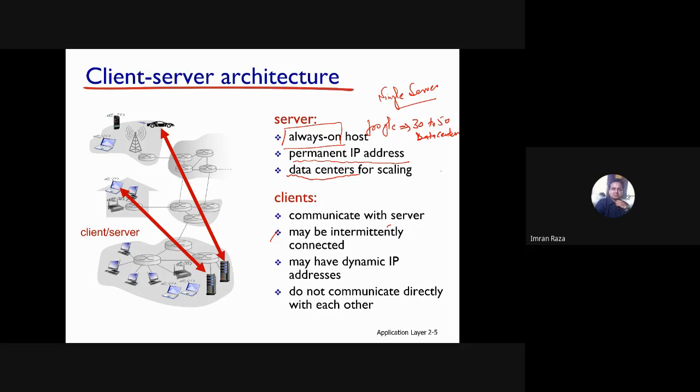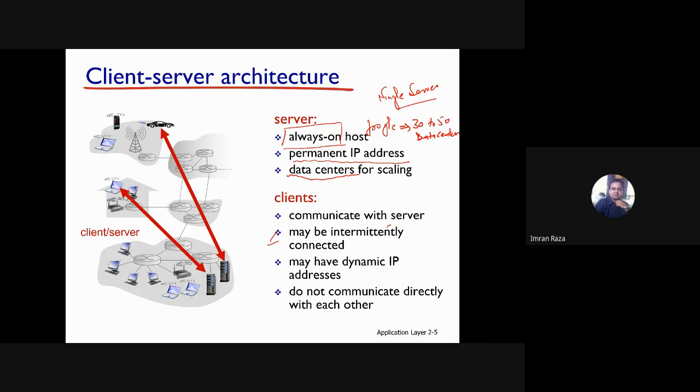So because a data center can have hundreds and thousands of servers, which must be powered and maintained, right? So this means these client-server applications, where the client communicates with the server, and maybe the client can come and go, can connect anytime, but the server is there up and running, and it can receive thousands and thousands of requests, right? So these systems are not self-scalable, right? Are you getting my point?